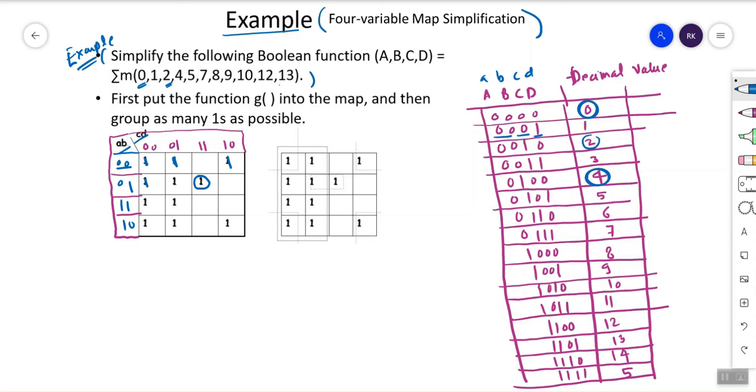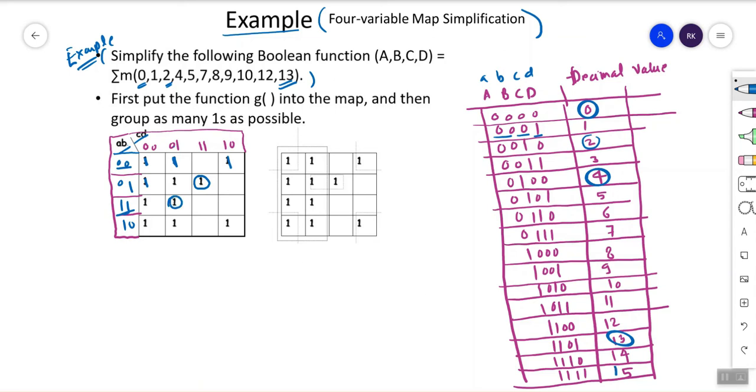Suppose I want to write 13. Where is 13? 13 is here, and it is 1 1 0 1, so this is 1 1 and this is 0 1.